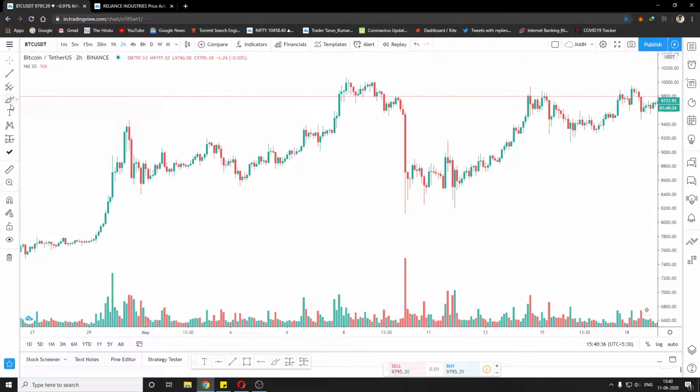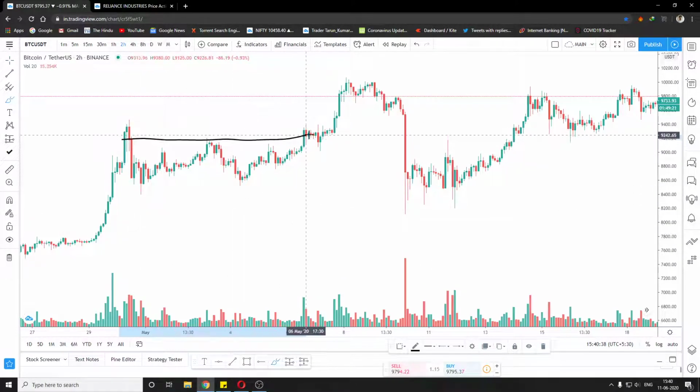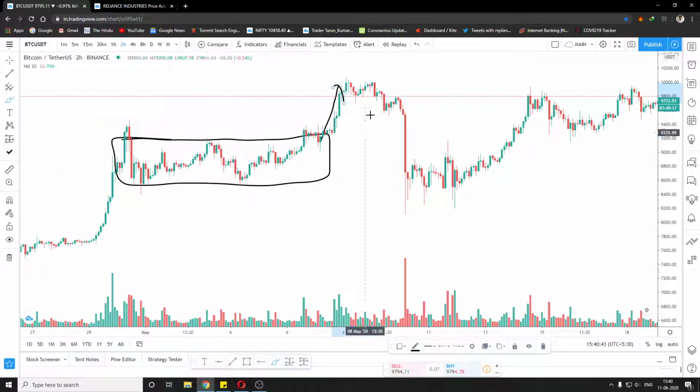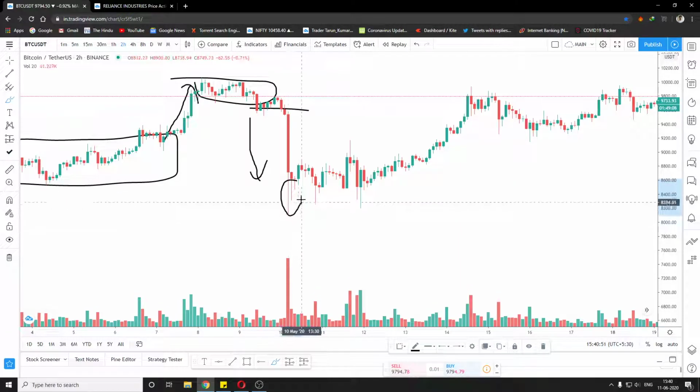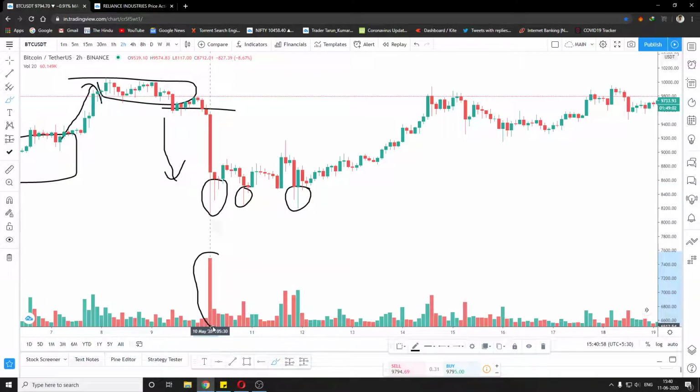As you can see, we had an accumulation at this point, then the market went up. At this point the market turned down again, but as soon as it started coming down, we see a lot of lower wicks. As you can see, there's a lot of them. And look at the volume, it is huge.